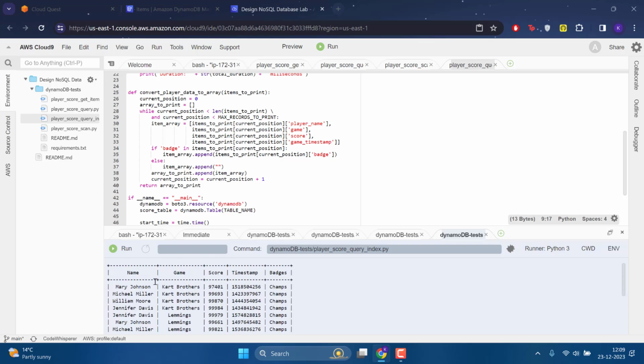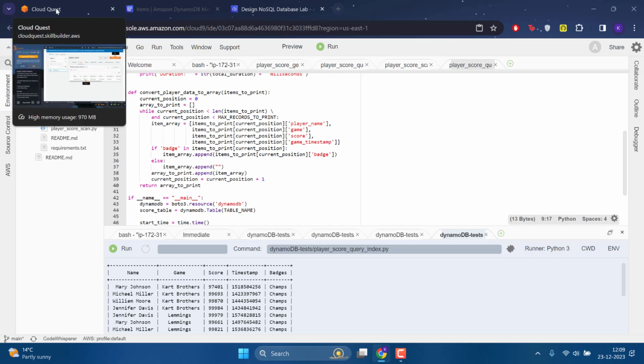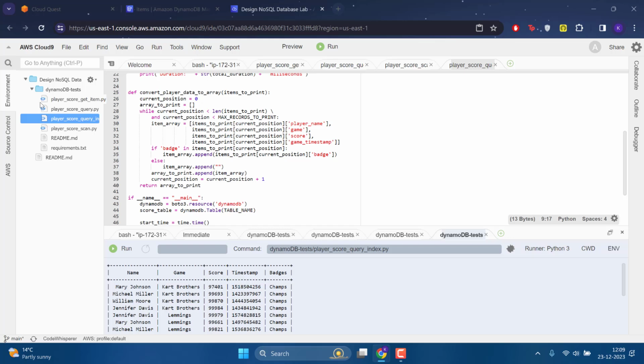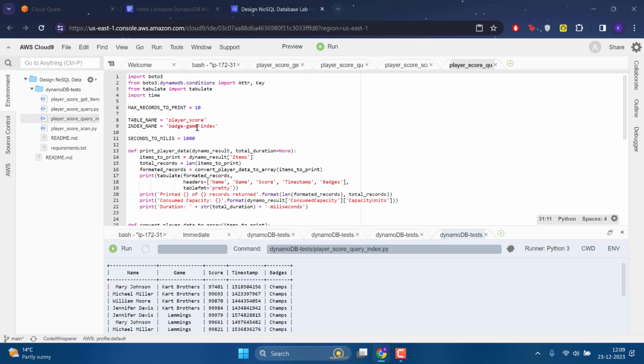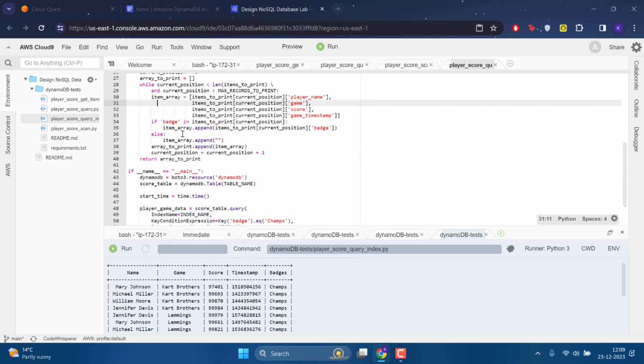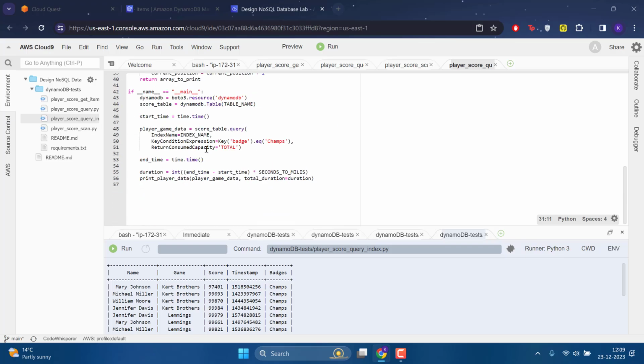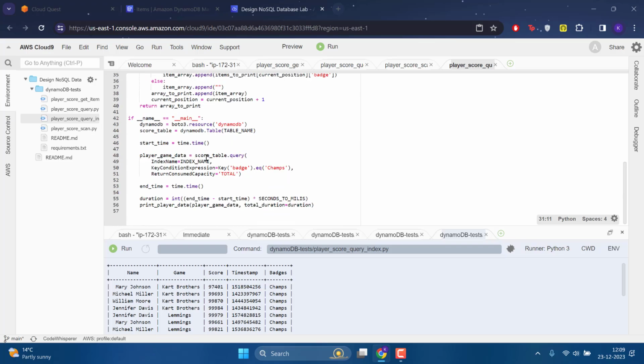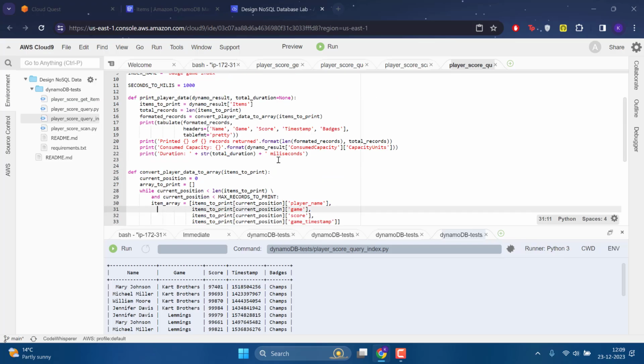So that's all about the practice session or practice labs. Now we have learned a lot of things. Now you even know how to use Python to get items and query from a DynamoDB table, and you also know the pagination code. Let me scroll slowly so that if you want to see, you can see it.